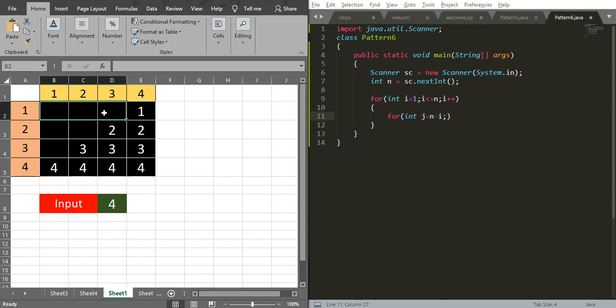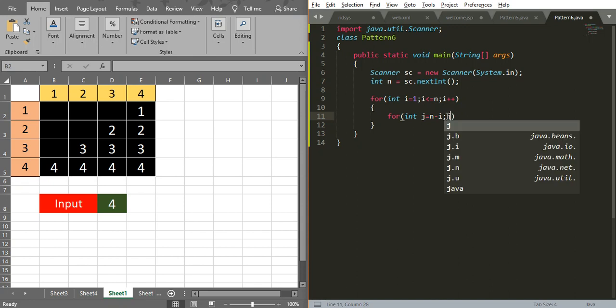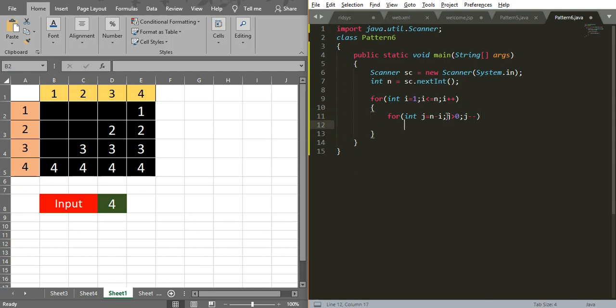So totally we have to print 3 spaces. That 3 is initialized to the variable j. And then j greater than 0, j minus minus. So within the System.out.print, we are going to print only empty spaces, and after this, for int k equal to